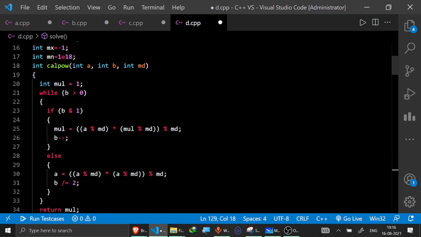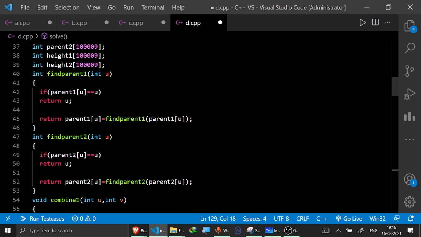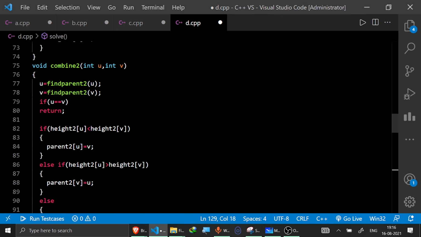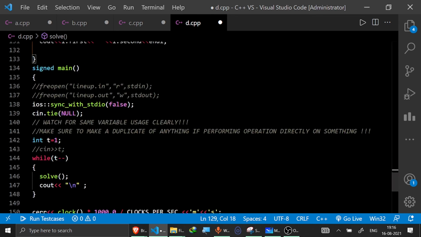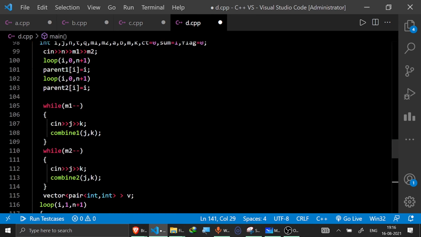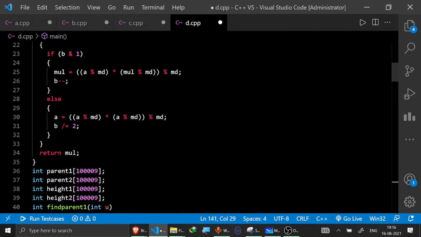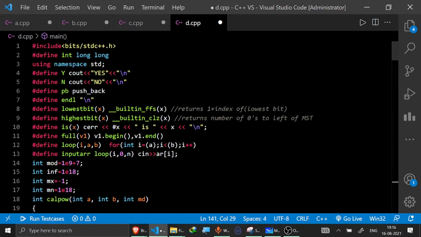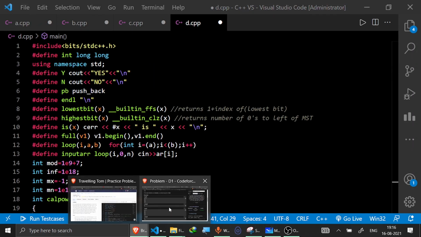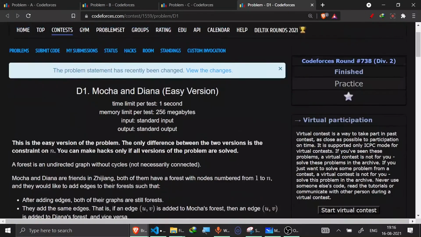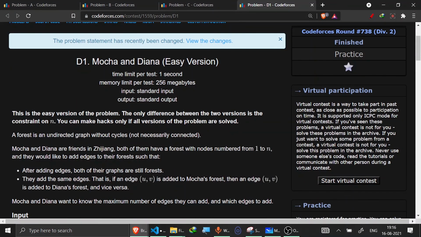So hope you like the solution and you got something new from it. And I was thinking to implement D also, but seeing the number of submissions, my mind just gave up. But I would try to have a look at it, whether it could be done by me at this stage or not. And if possible, I would share the solution, and if not, then.